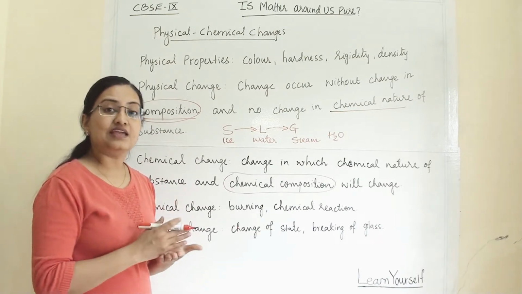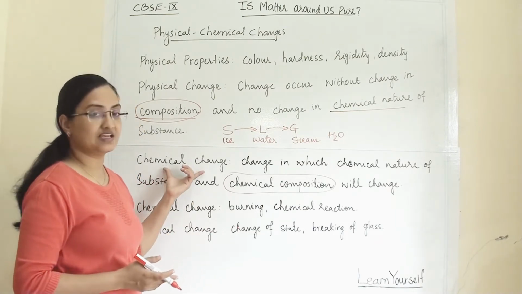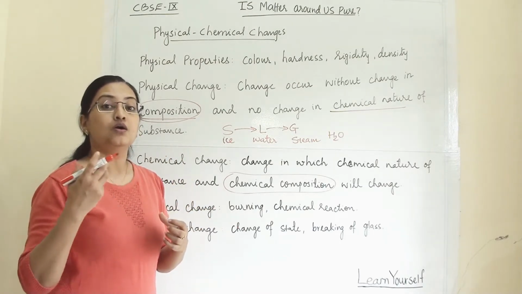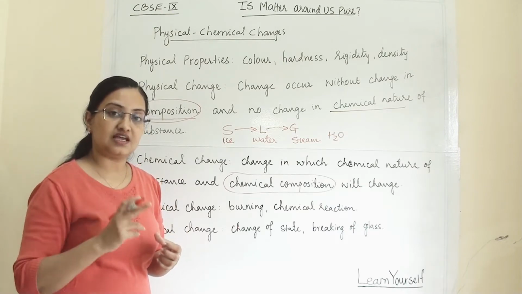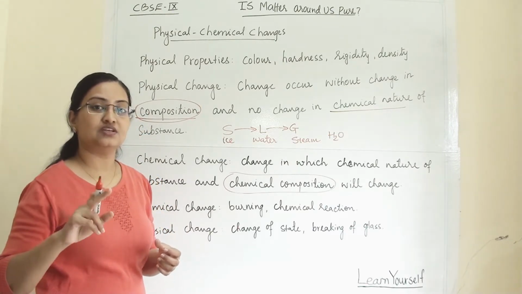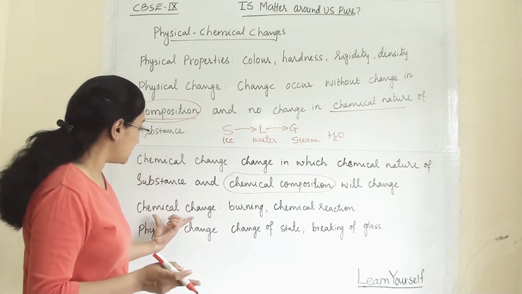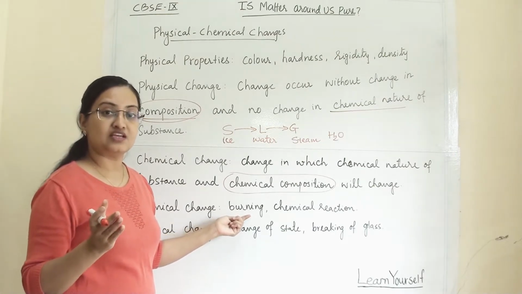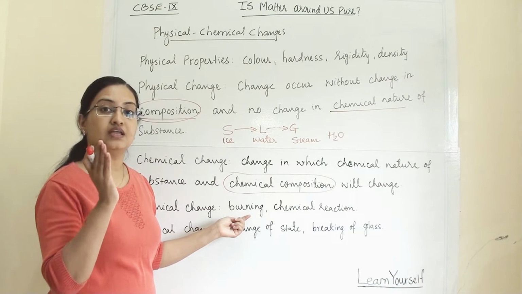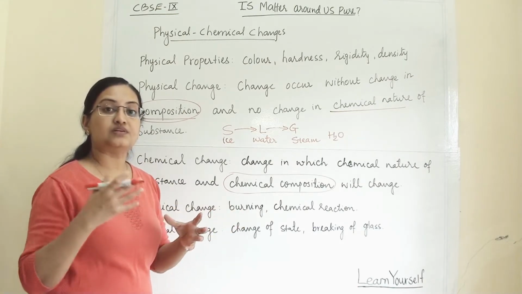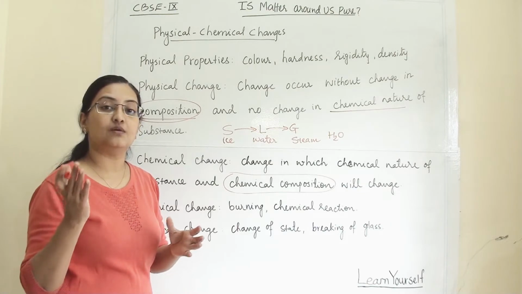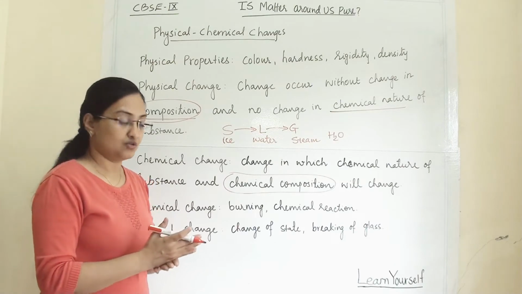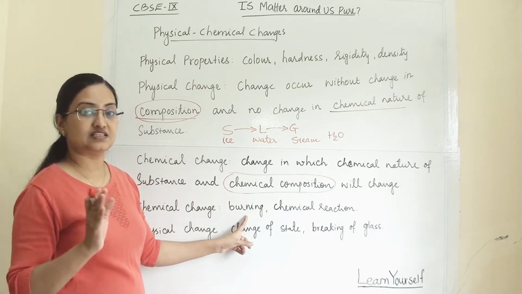That means any chemical reaction can be termed a chemical change. When two or more substances come together and form another substance or a new substance, that is termed a chemical reaction and that is a chemical change. So what are the chemical changes? Any burning can be termed a chemical change. Suppose for example when you are burning a paper, it is converting into ash, that is carbon. So the paper's chemical composition has been completely changed from paper to carbon, or cellulose to carbon. So that burning is termed a chemical change.